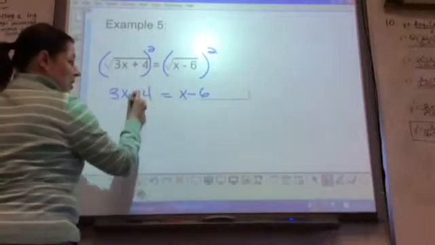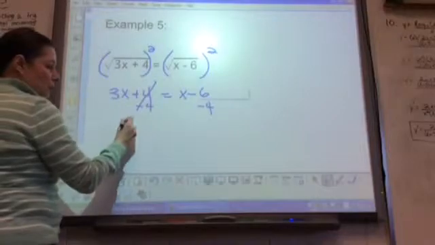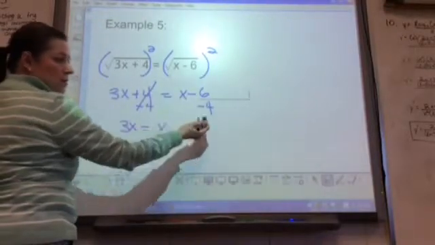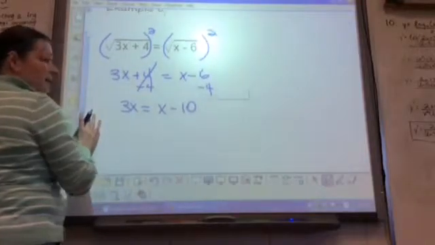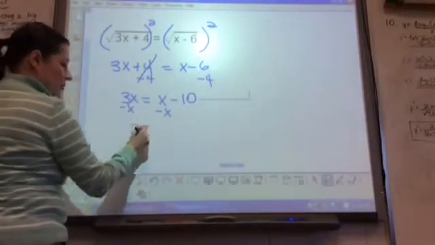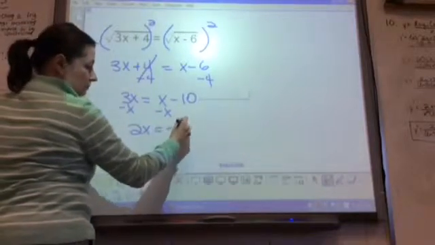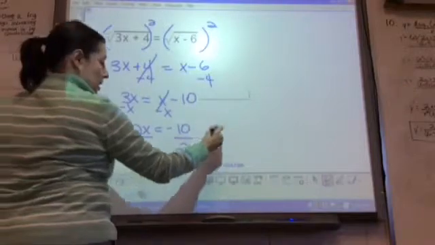Minus 4. Alright, so she says move the 4, and I've got 3x equals x, and then what's this? Minus 10. Thank you. Alright, now subtract x. So we got 2x equals negative 10. Divide by 2. So x equals,